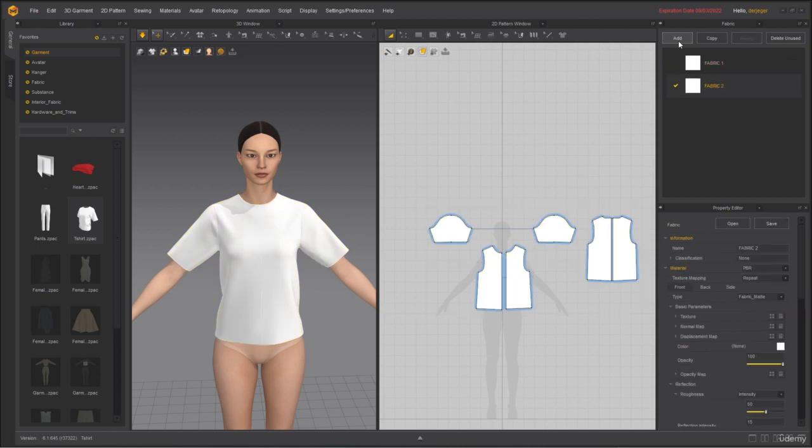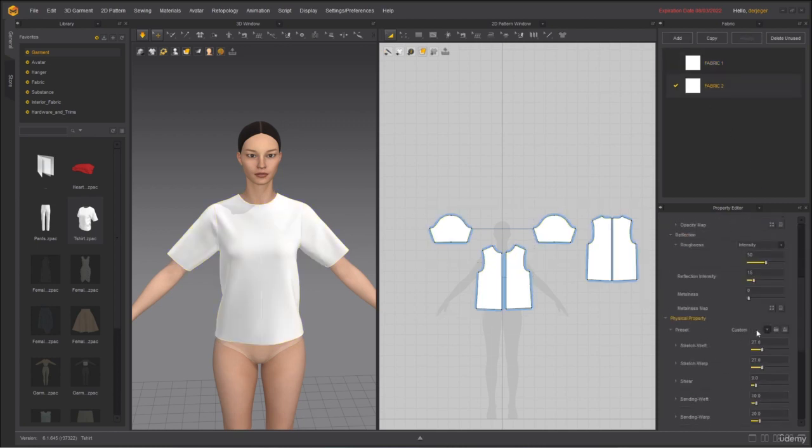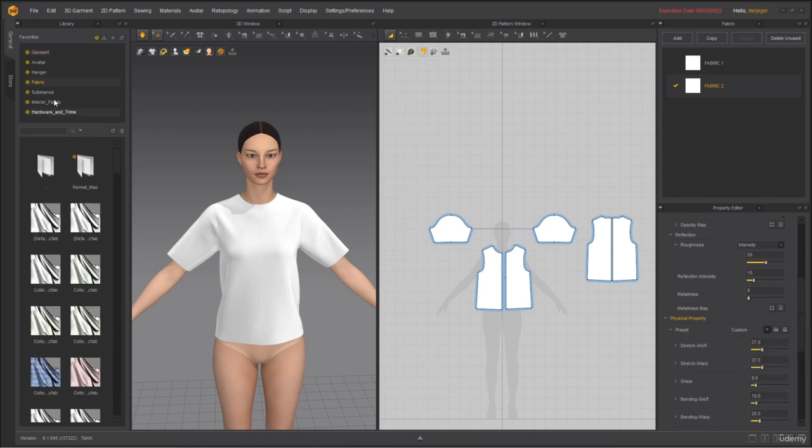So if I were to create a new fabric right here, you're going to see that down here in the physical properties, we have all of these presets. Normally, these presets are the materials that you download, such as this one, this rip. Remember that we downloaded this one in the last session? We have this leather, we have this knit,